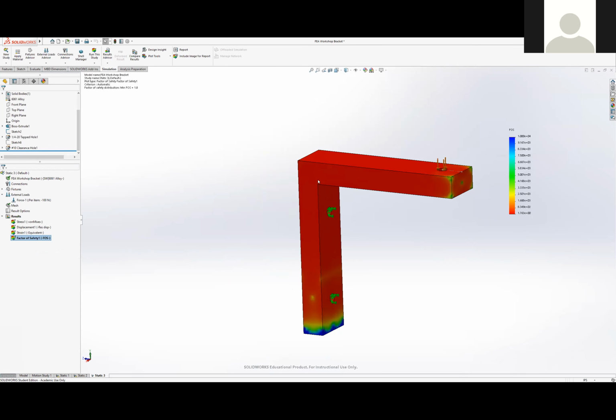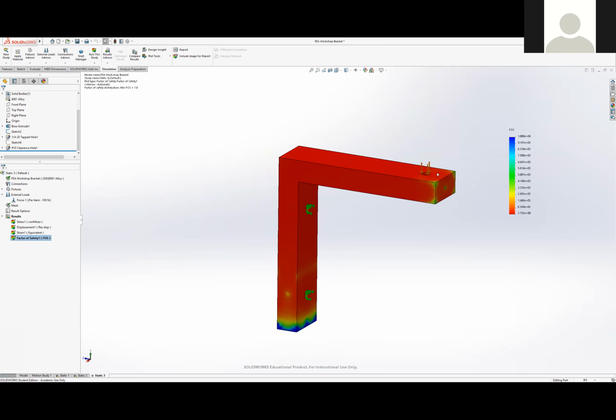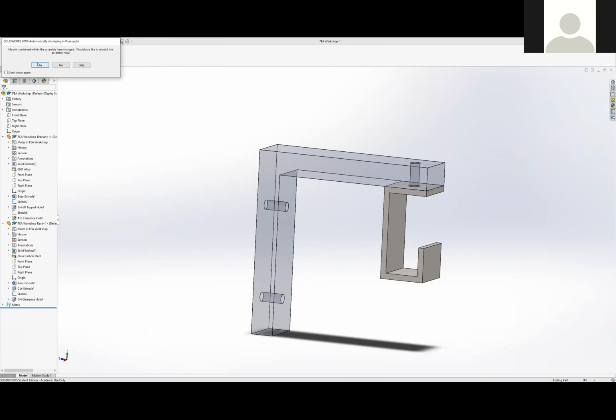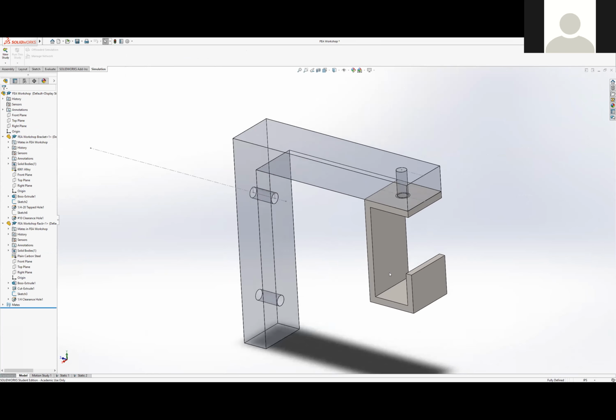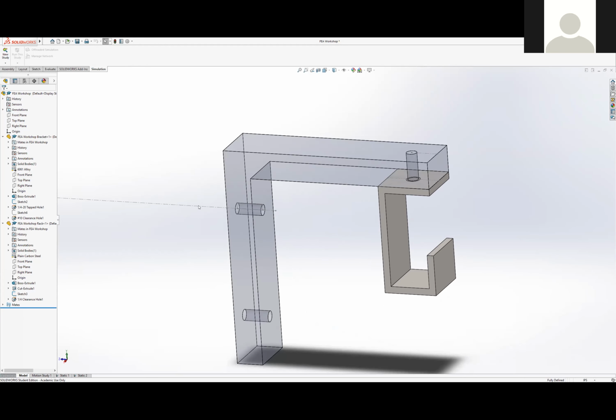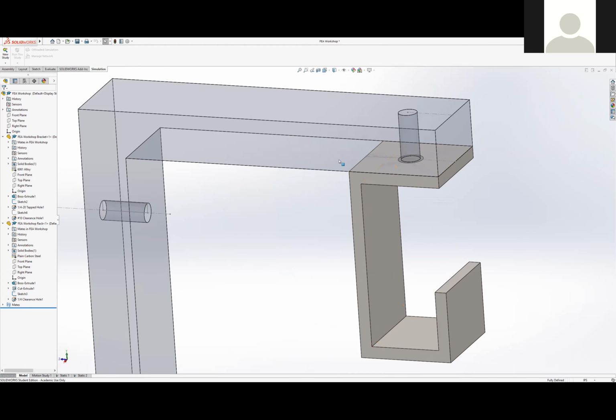So that's FEA on a part itself. I'll now go over to FEA on an assembly. So we have this hook, and basically we'll be doing the same exact thing, except we'll be connecting the hook to the bracket. So to do this, it's the same. You run a new study, static,